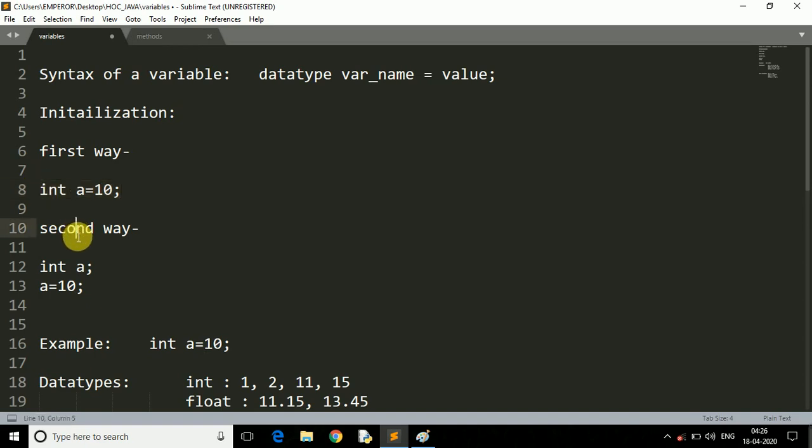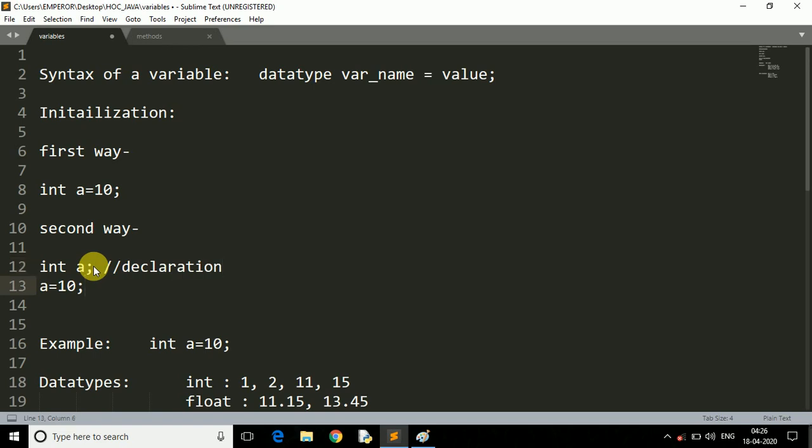And the second way is, first you have to declare the variable. Now what is the difference between declaration and initialization? If you simply specify integer a, it means you declare the variable. You do not specify the value. So this means declaration.